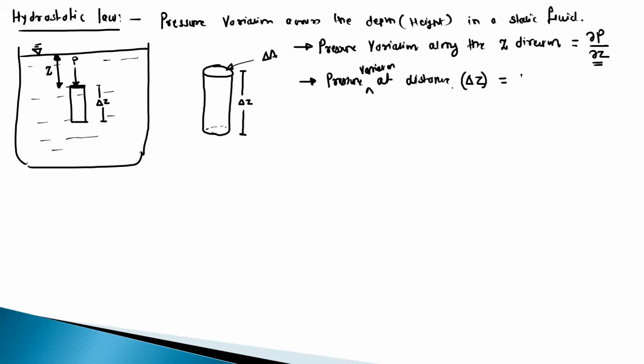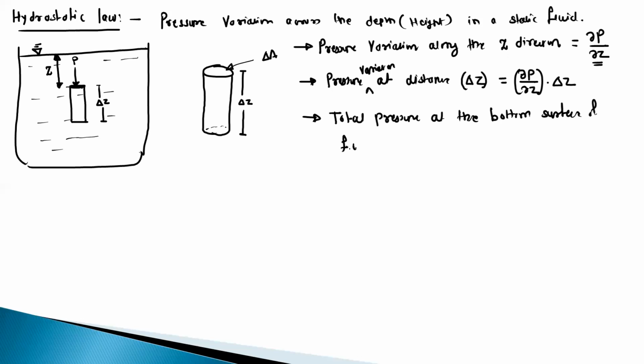So pressure variation at distance delta Z will be del P upon del Z. This is the pressure variation across the Z direction. If the length is delta Z, the total pressure variation is equal to del P upon del Z into delta Z. And therefore the total pressure at the bottom surface of the fluid element